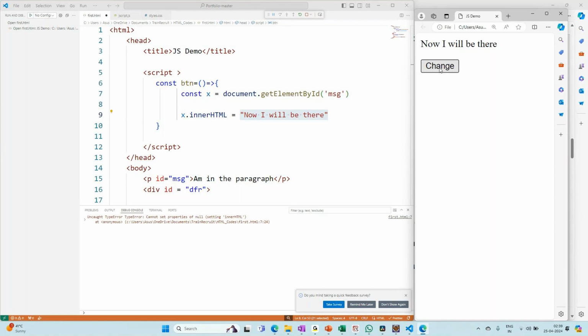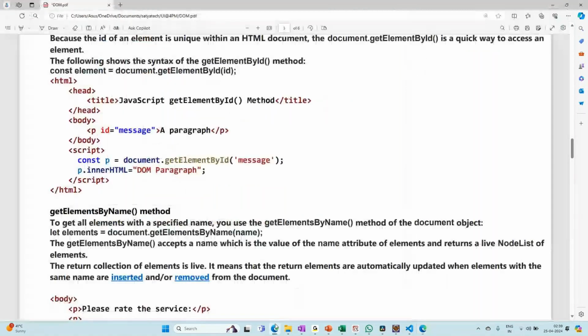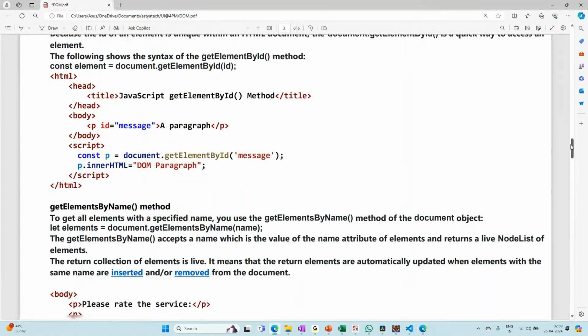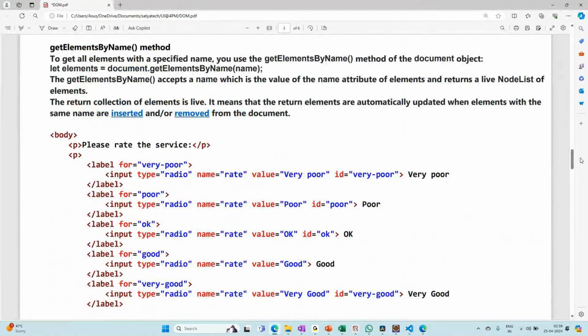Okay. Whenever you want to use get element by ID, this is the way that you can use it. Okay. Next, you have get elements by name. Okay. Now, if you understand this